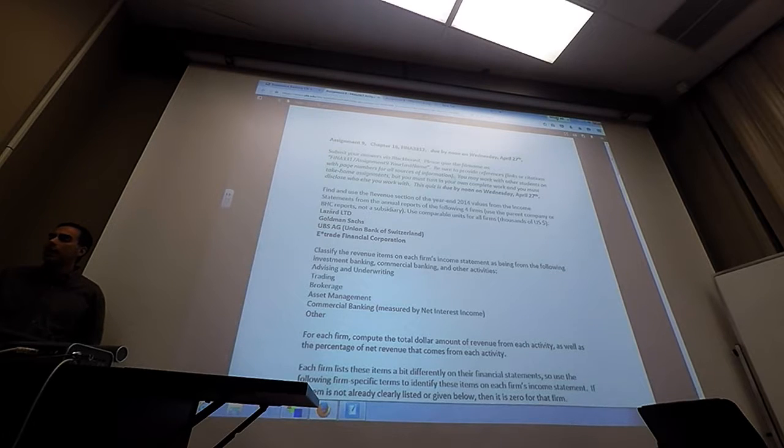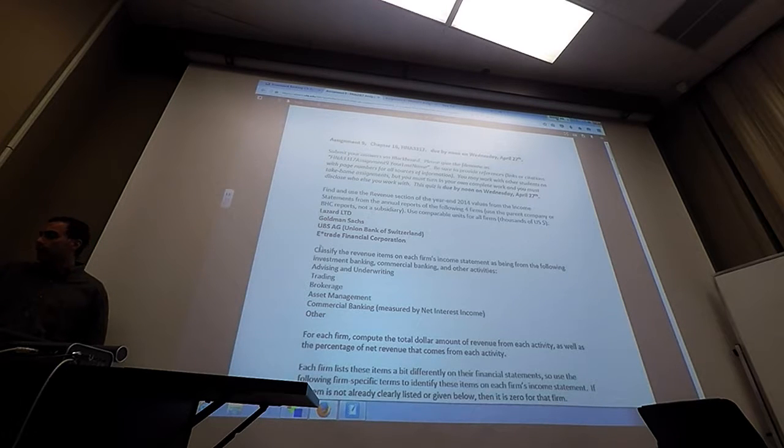So here, once again, we're going to take a couple firms and we're going to analyze what's on their statements to see what they're actually doing, to get an idea of some of these real world firms, what activities they're actually doing, and especially now relative to these shadow banks and traditional banks that we've looked at, to kind of compare them.